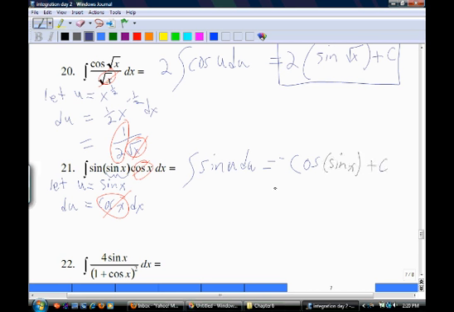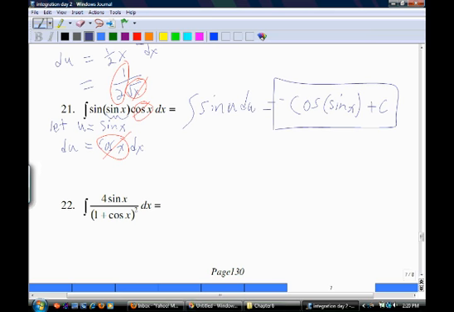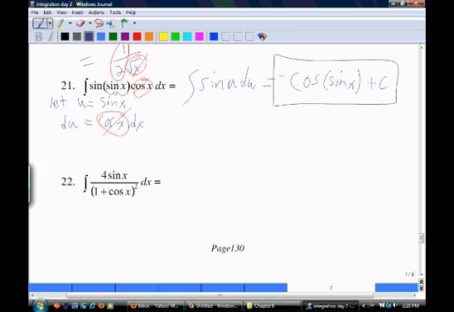So, last one on this page, integral of 4 sine x over 1 plus cos x squared. So again, let u, pretty clear what the more complex one is, and it's in brackets. So u is going to be 1 plus cos x, just what's inside, which means the du is going to be equal to 1 is 0, cos x is negative sine x dx, and then you can see right away there's a sine x, there is a sine x, they're both on top, they cancel, but I have to keep in mind that the negative sign is going to carry through,